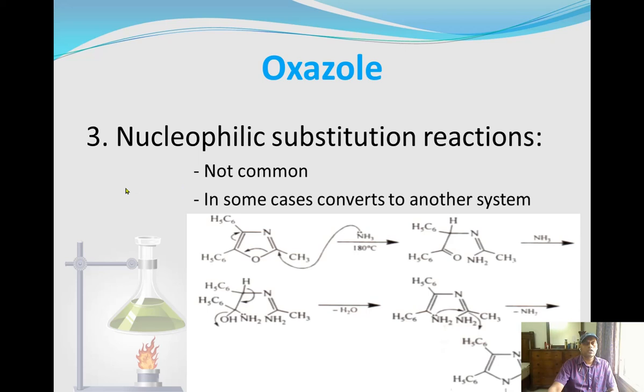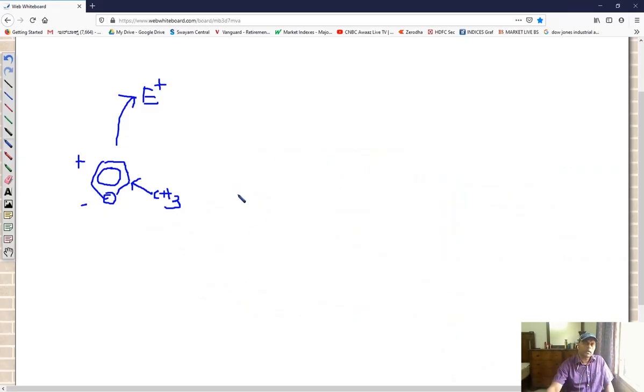The next reaction is nucleophilic substitution reaction. Why is nucleophilic substitution reaction going to take place? Let's see that here. Nucleophiles, we denote them like Nu, right? Nu with the electrons. They are nucleophiles. They love the nucleus, right? They like the nucleus because they have the electrons. So here is the nucleus, right?